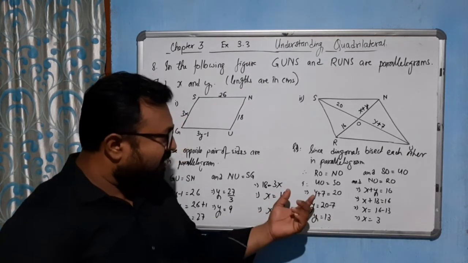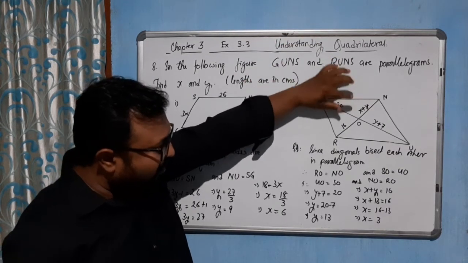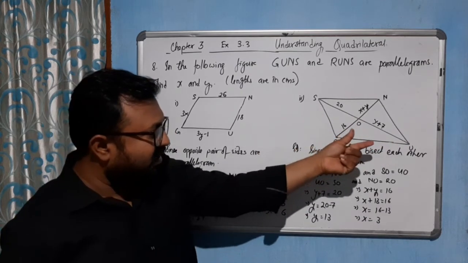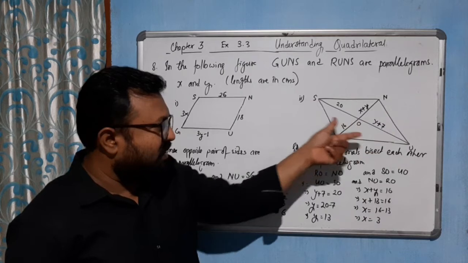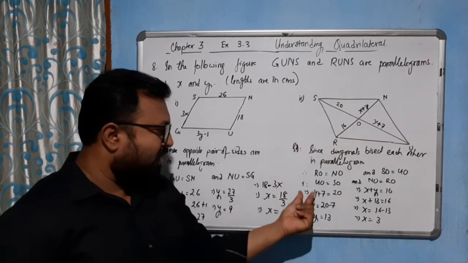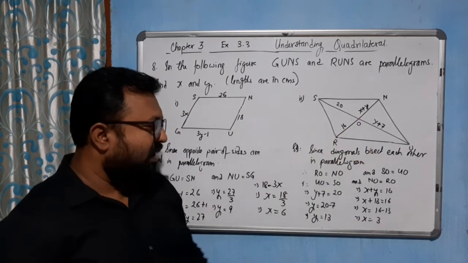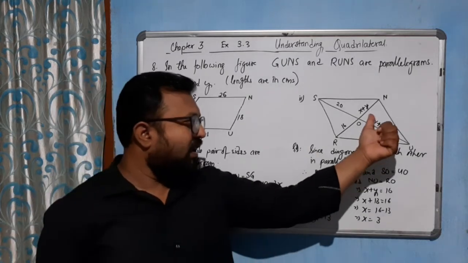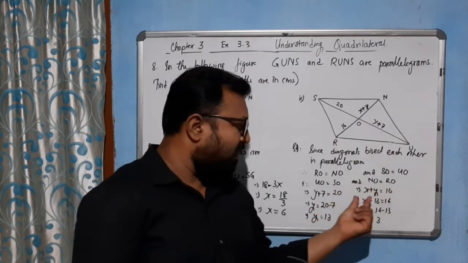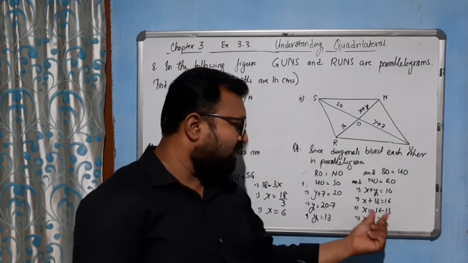Look here. As I told you, the diagonals bisect each other. So this part will be equal to this part, and this part will be equal to this part. So first we needed to find this part earlier, because here only we need to find the value of y. y plus 7 equals 20, so y equals 20 minus 7, which gives 13. So we got the value of y, 13. Now we will put the value of y here and find the value of x in RO equal to NO. So NO equal to RO, NO means x plus y, and RO is 16. x plus 13 equal to 16, so x equals 16 minus 13, which gives you